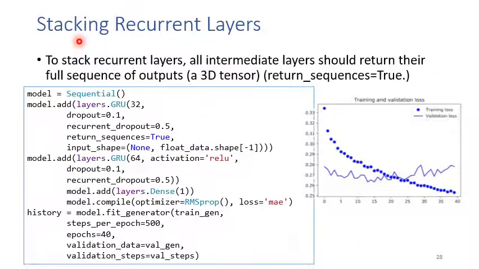Let's try some advanced techniques. We can stack multiple recurrent layers. Okay, remember when you want to stack multiple recurrent layers, multiple GRU, you need to set the return sequences to true for the hidden layers, but not for the output layer. Okay, so we add one more GRU layer here, and we can set the dropout and the recurrent dropout for